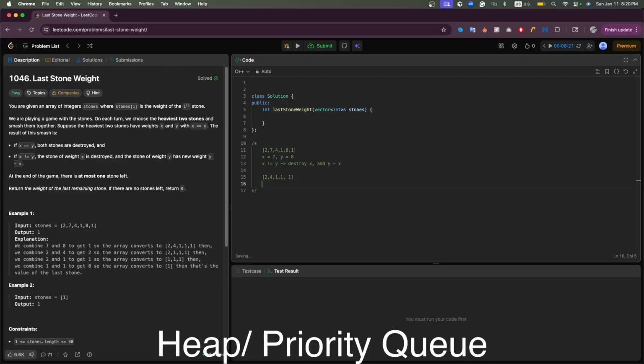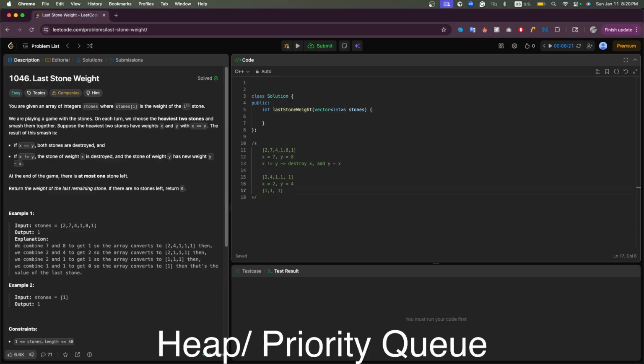And then after that we find new x and y. New x should be equal to 2 and new y should be equal to 4, and then we remove these two,